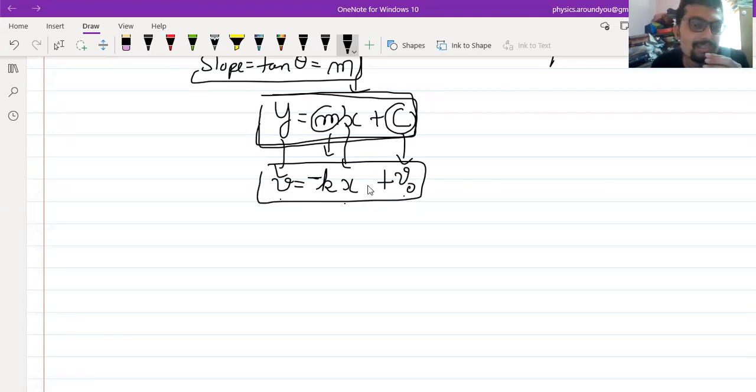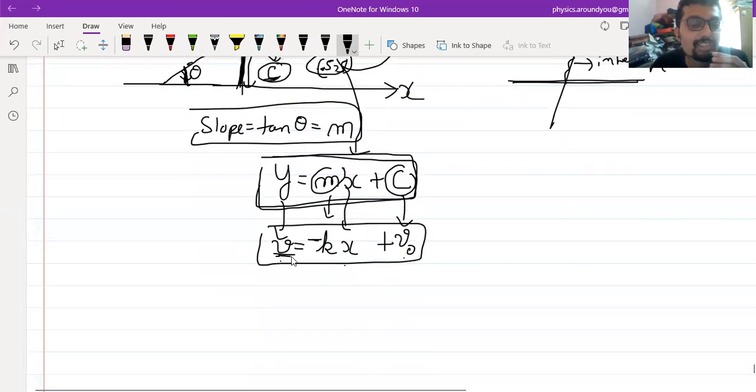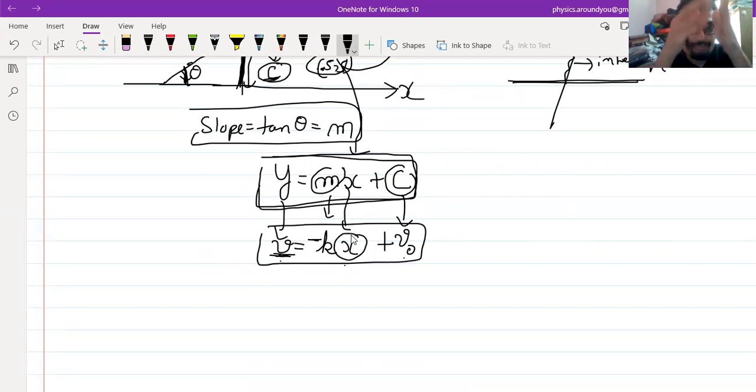Why did we do this? Because we needed velocity as a function of x alone. So Tejas, now you understood what I was looking for? Velocity on the LHS, x on the RHS. Doesn't this satisfy? Everything is known. V naught is a constant, k is some constant. So we know this. Now what do we do? We put this in